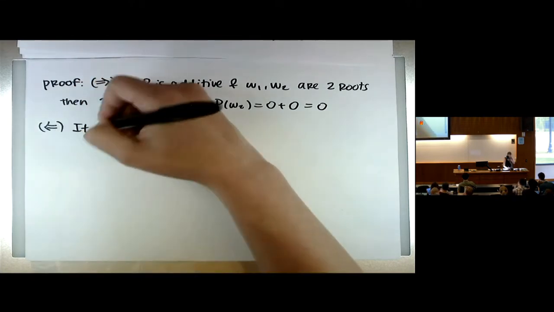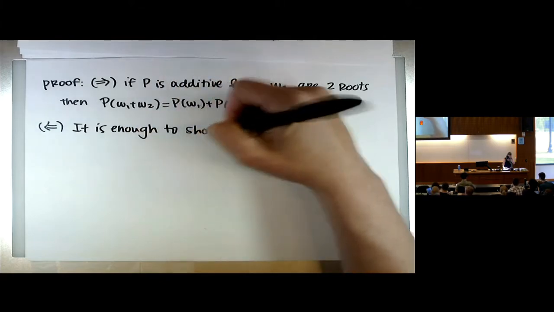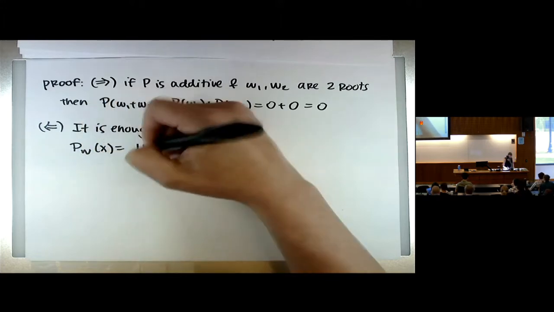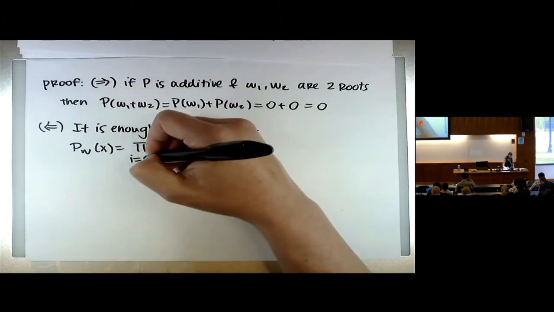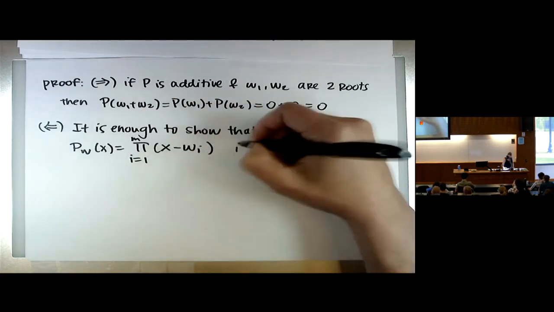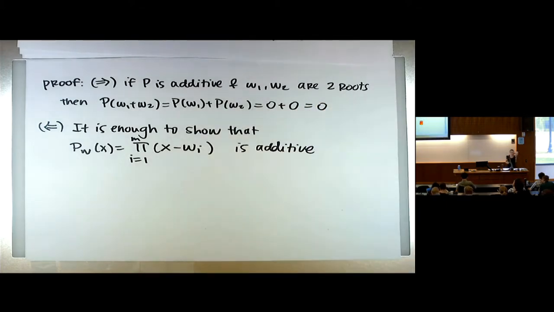So for the other side, it is enough to show that this polynomial is additive. Right? Because my polynomial P that had these roots is just a constant multiple of it. And if this one's additive, then a constant multiple of it is additive too. So I'm just going to work with this one. I'm going to show that it's additive. And I'm going to notice